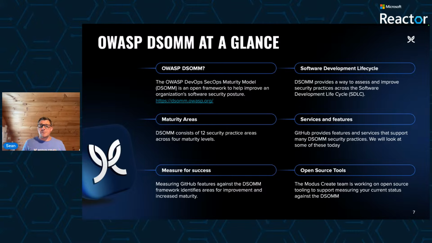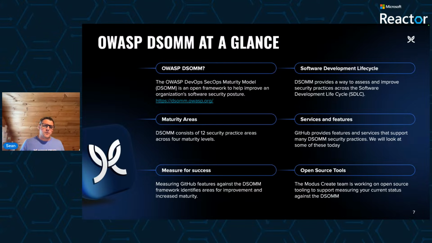Now, the DevSecOps Maturity Model, or DSOM, is an OWASP framework designed to help organizations assess and improve their security practices in DevOps environments. It provides structured guidance on embedding security into software development, helping teams measure maturity levels, and most importantly, drive continuous improvement. DSOM evaluates an organization's security posture across key areas of concern, and these include the following topics: culture and organization, design and architecture, build and deploy, and then operation and monitoring.